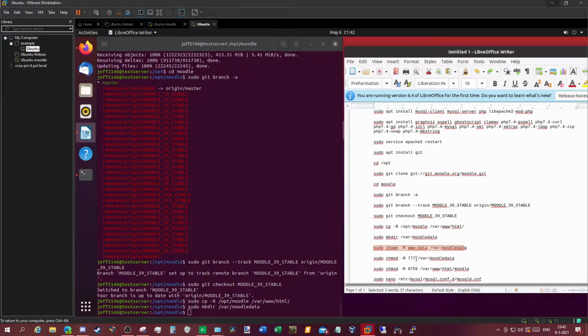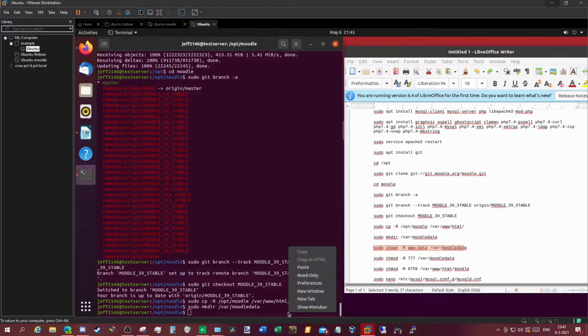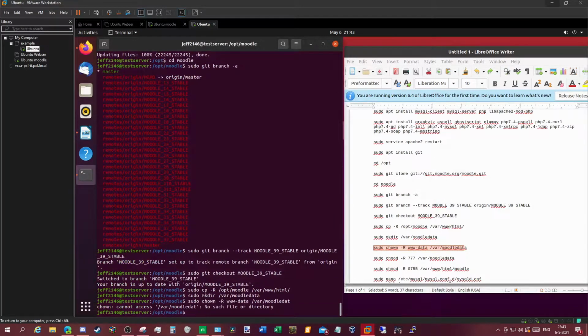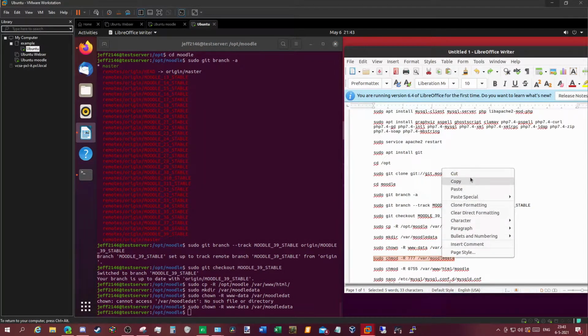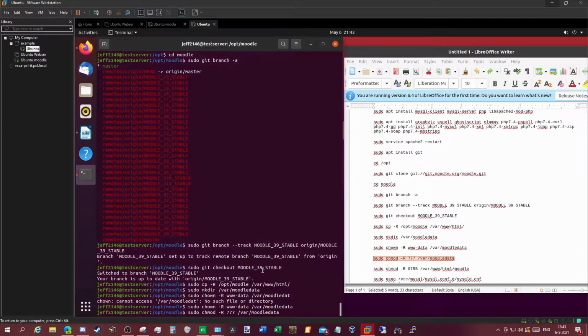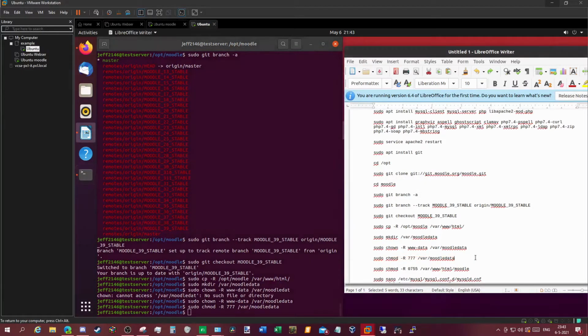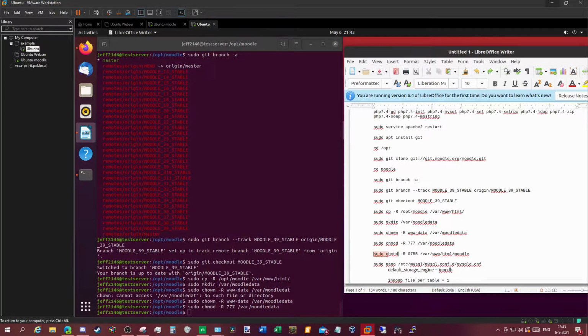First of all, by changing its owner recursively to the user www and the group data. It's Moodle data, not Moodle dat. Now we're going to set permissions on the folder recursively so that everyone can read, write, and execute. Then we are going to set the